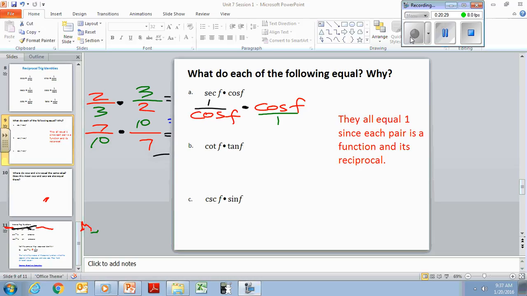All right, so here we go. When we multiply these top times the top, I hope we can see 1 times cosine f is going to give me a cosine f. Bottom times the bottom will give me another cosine f. Anybody have any idea what cosine f divided by cosine f equals? 1. Right. Let me give you a minute.